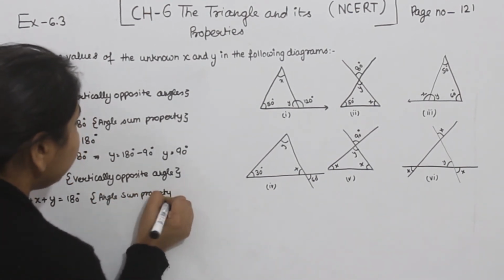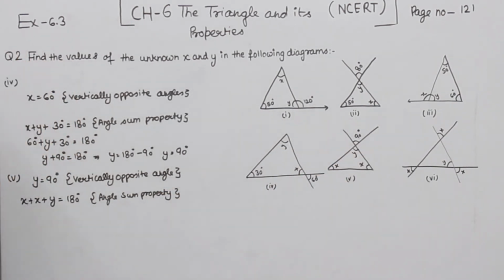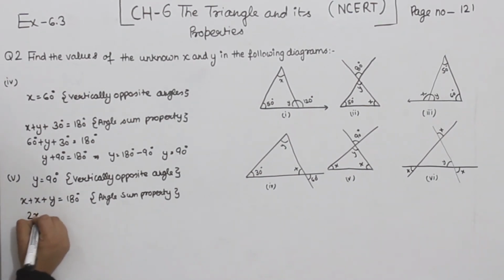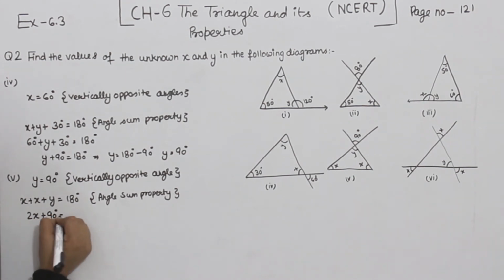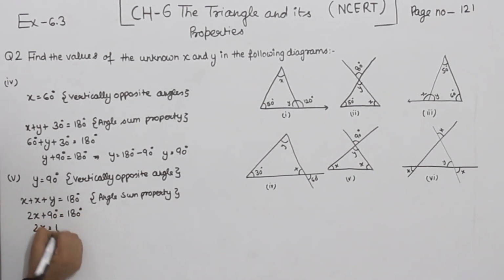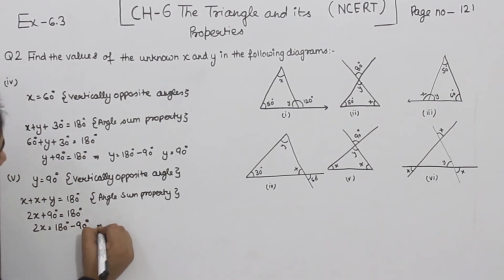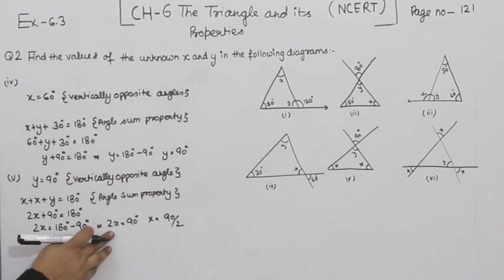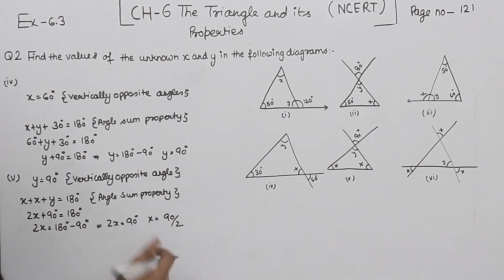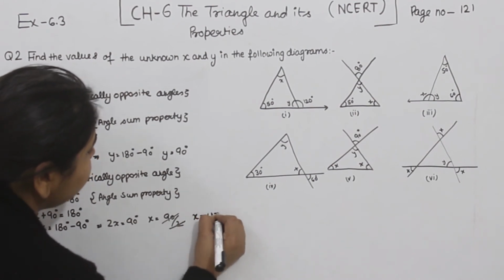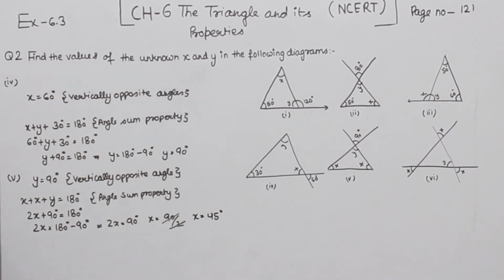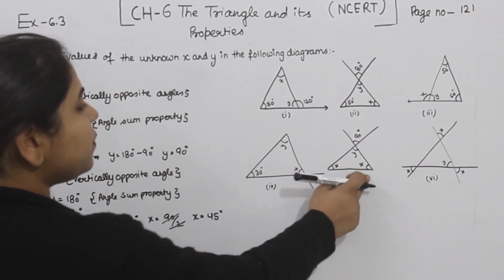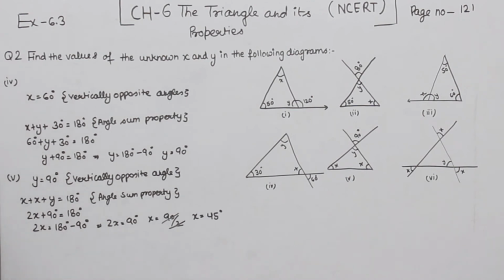Now x plus x plus y is equal to 180 with the angle sum property. In the angle sum property, it is given that if we add the angles of the triangle, then this one is equal to 180 degree. Now 2x and the value of y is 90 degree is equal to 180 degree. 2x is equal to 180 minus 90. Now 2x is equal to 90 degree. Now x is equal to 90 divided by 2. We'll transpose this 2 from the left hand side to the right hand side. Here it is getting multiplied, now coming on the right hand side, it will divide. Now x is equal to 45 degree. So the value of x is 45. This one is 45, this one is 45 and this one is 90 degree. So this is the part 5.